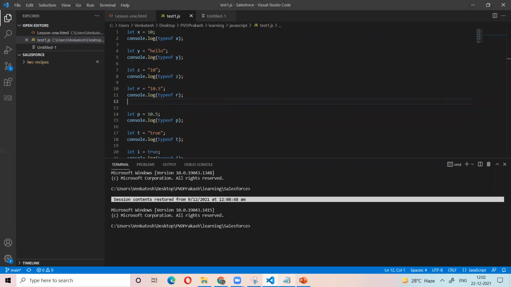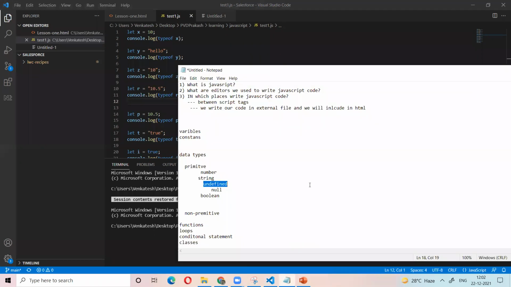So in this class, I covered what JavaScript is, what editors we use to write JavaScript code, in which places we write it, what variables and constants are, and what data types are: number, string, undefined, null, boolean.